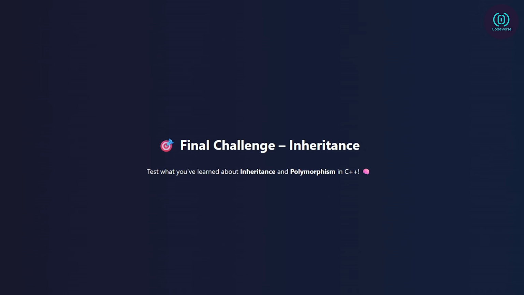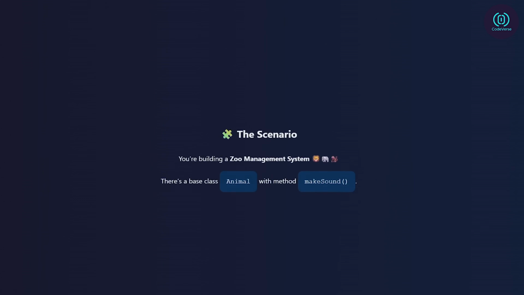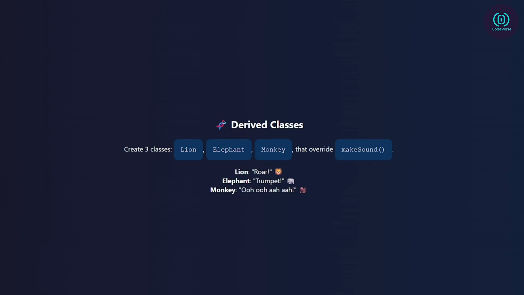Alright, here's your final challenge to test what you've learned about inheritance and polymorphism in C++. Imagine this scenario: you're building a simple zoo management system. You have a base class called Animal, which has a method makeSound. Then, you create 3 derived classes: Lion, Elephant, and Monkey. Each of these classes overrides the makeSound method to print a unique sound: roar for Lion, trumpet for Elephant, and